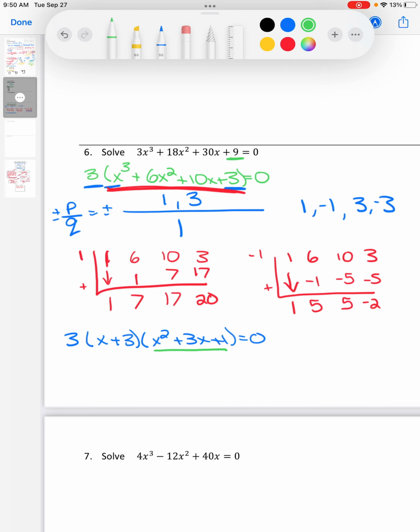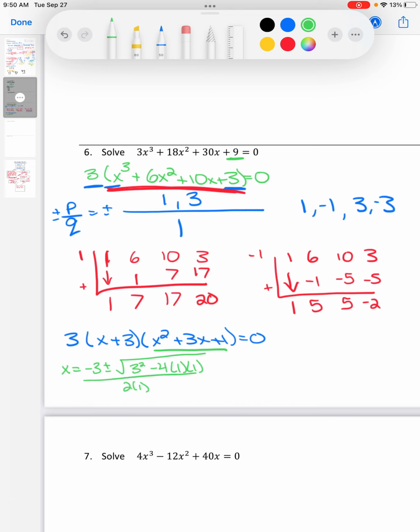Is that quadratic factorable? Well, let's see. Is there anything that adds to 3 but multiplies to negative 1 or to positive 1? No, because the only things that multiply to 1 are 1. So if we can't factor it, what do we have to do? We have to use the quadratic formula. So x is equal to negative b, so negative 3, plus or minus the square root of b squared minus 4ac